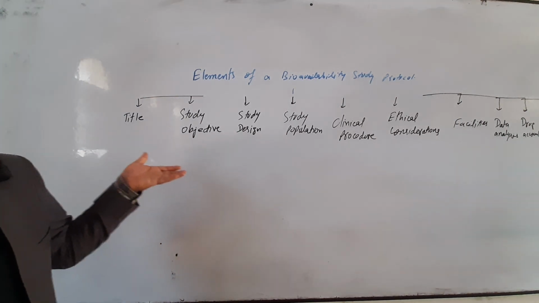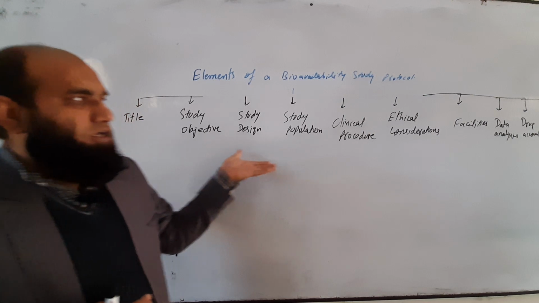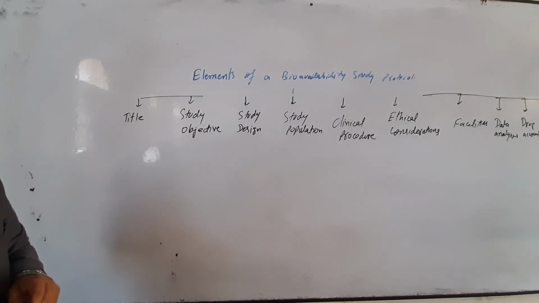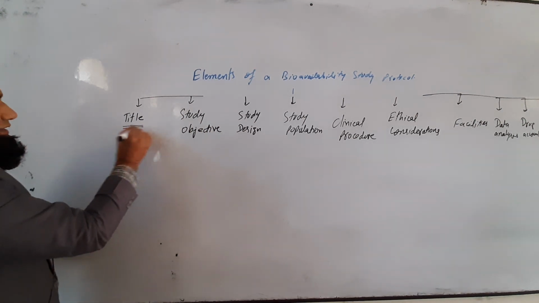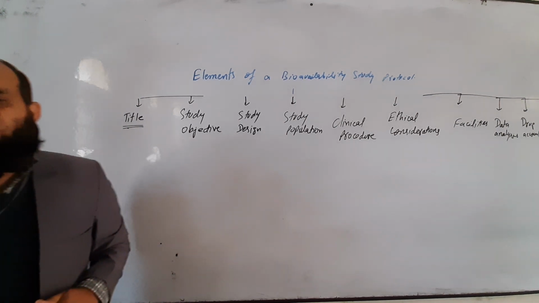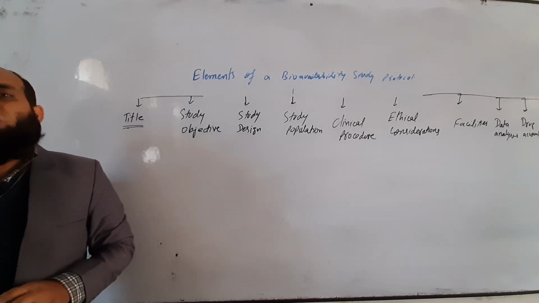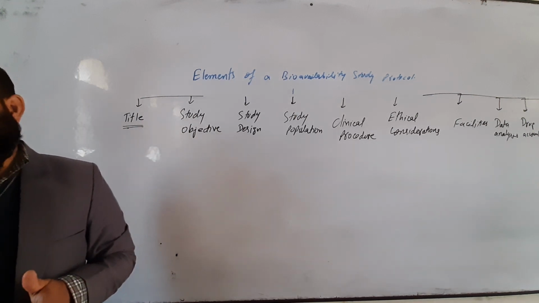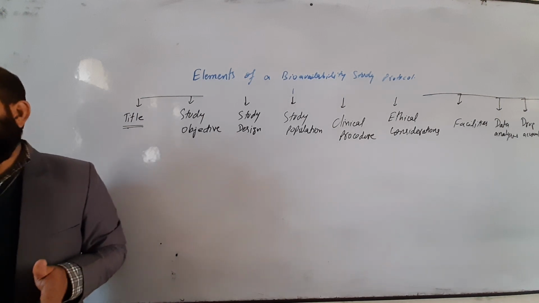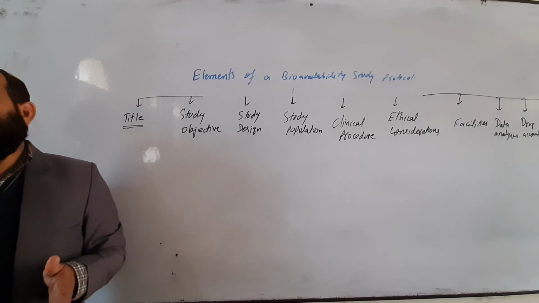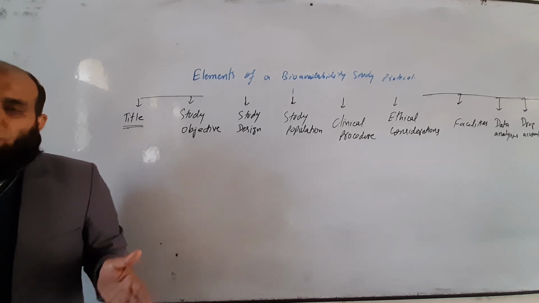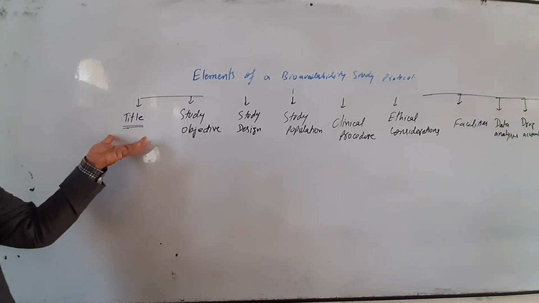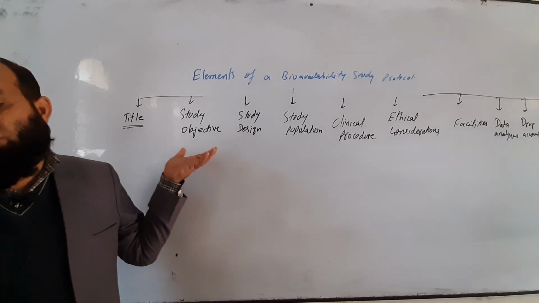These are some basic elements of which we should have complete knowledge, and also complete detail of our facilities. First one is title. Title should be very much clear. Title means what we are doing now, what we have been comparing so far. We have to compare the same dosage form, same strength, and also the same salt of the APIs. So we will have to first construct a title of the study, then our study objectives.